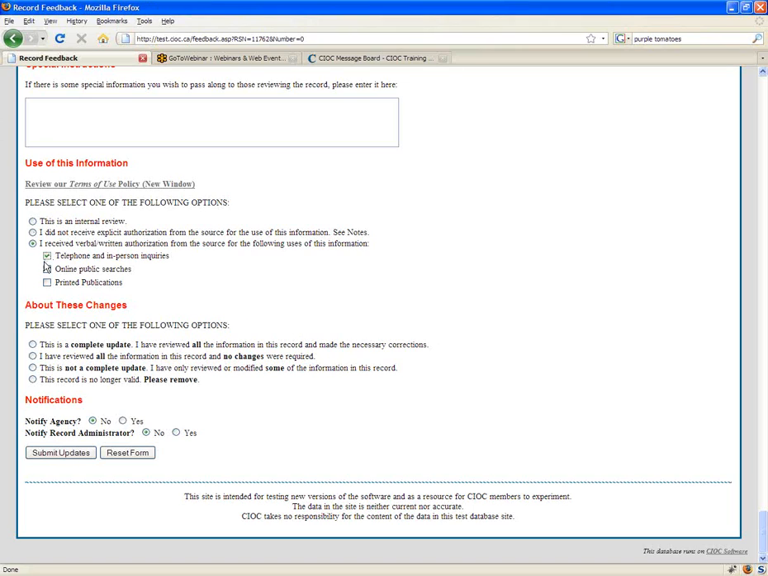You must select at least one of these. In this case, I want to show you what this looks like, so I'm going to show you what it would look like if I selected a couple of different types of authorization. And finally,